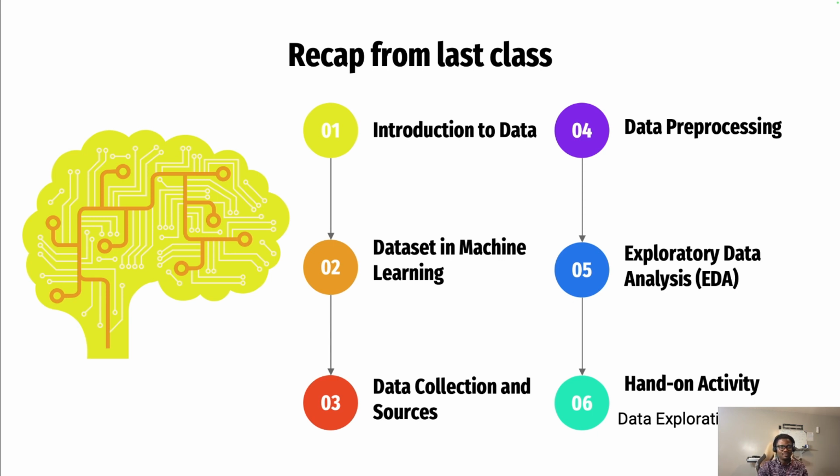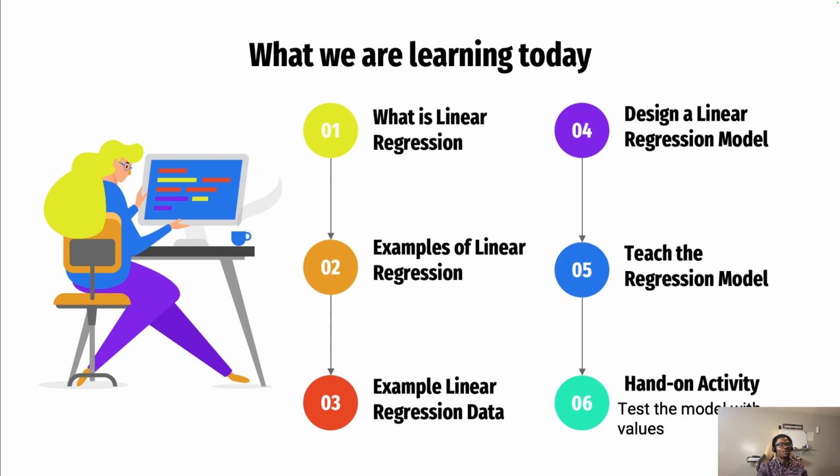So what we are learning today is linear regression. Again, kids that are very young, like 9 or 10, might just be like, oh, linear regression is a very big word. Don't worry, I will break it down for you so that you will understand. You don't have to memorize the definition of linear regression, but it's just for you to know what linear regression is, and have good examples in your brain.